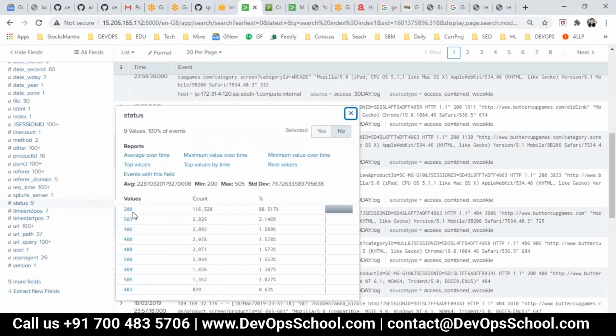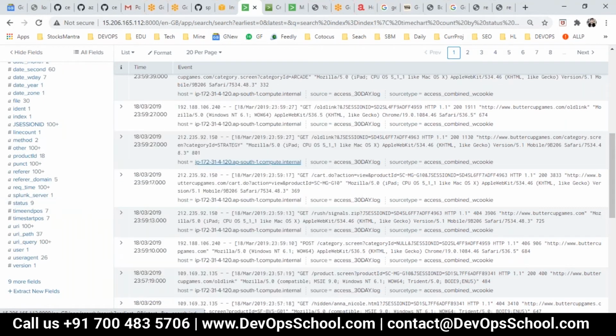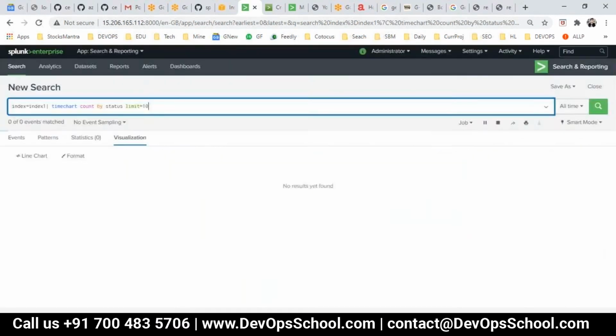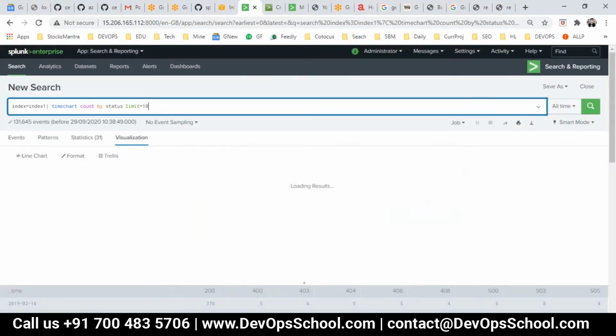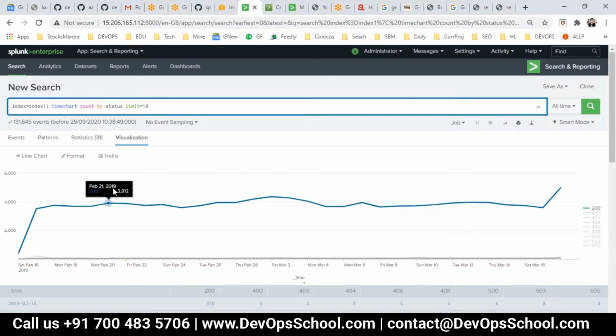Status we had and how many total failures we have, 404. So here 404 and average over time, maximum over time, top values by time. I clicked on top values by time and this is one of the pieces of information I got. If you want to change the chart, you can change this. But here is a time chart, count the number of events